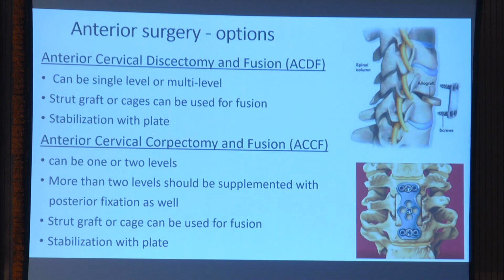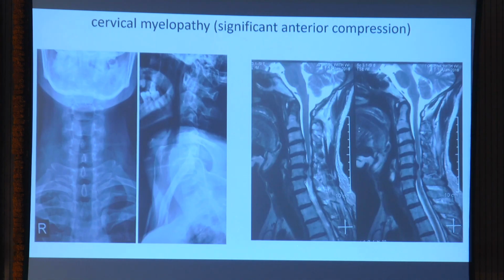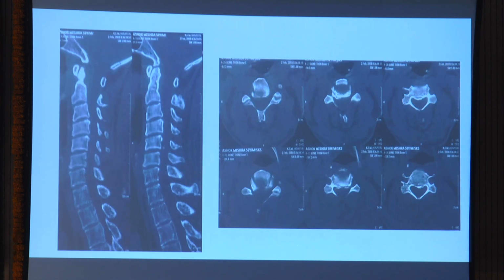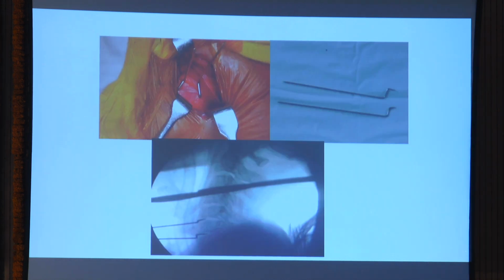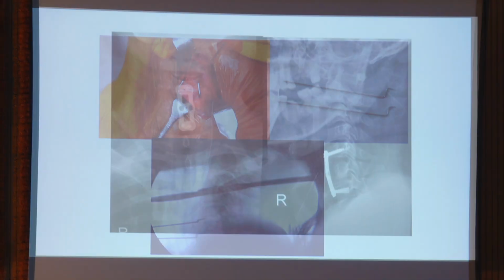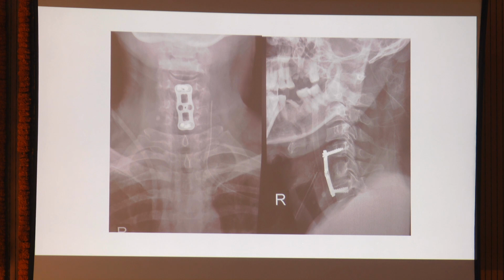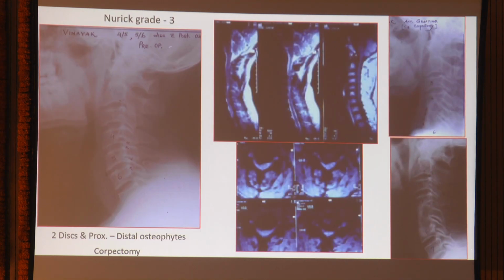I will put this. So anterior surgery, you might have assisted ACDF, anterior discectomy or anterior corpectomy, and do the fusion. This is cervical myelopathy, significant anterior compression you can see here. So same the alignment, this is the alignment. This is a classical ACDF, and here the corpectomy has been done and then you just do the plating in that area. Now it is at 2 levels there. Here again you can see the decompression and fusion has been done. So here is a stable spine. If you do a very good grafting technique, you can see there is a nice fusion in that area.